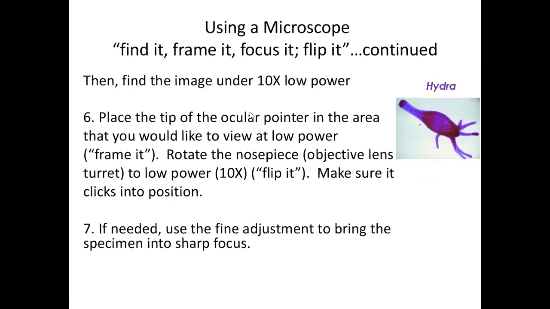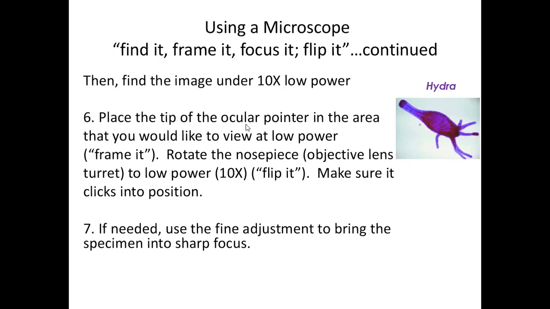So once you do that and you get it in focus on the 4X, then you can rotate that ocular lens to the 10X power lens, okay? Now remember, we were on 4X and the total magnification there, because the ocular lens is 10X, was 40X. We've now switched to 100X because we got our 10X objective lens and our 10X ocular makes it a total